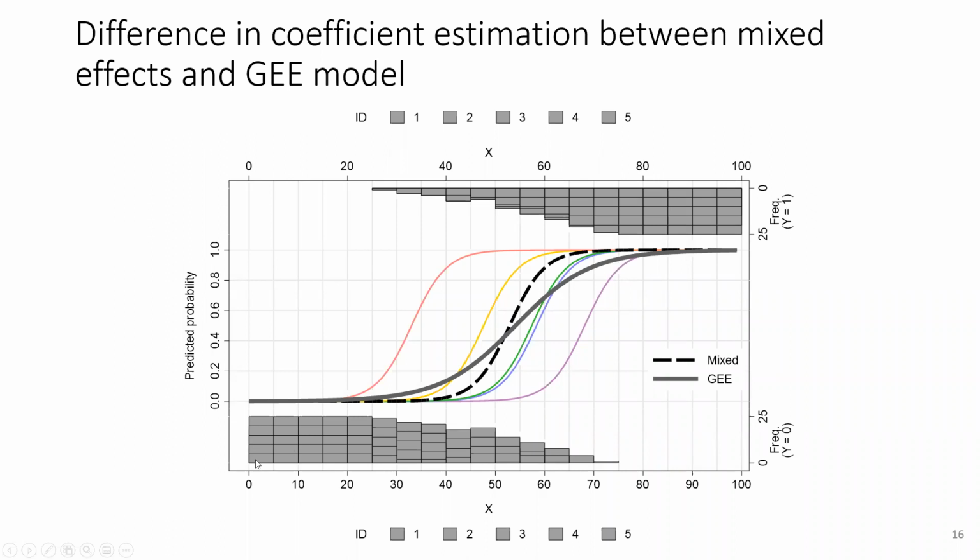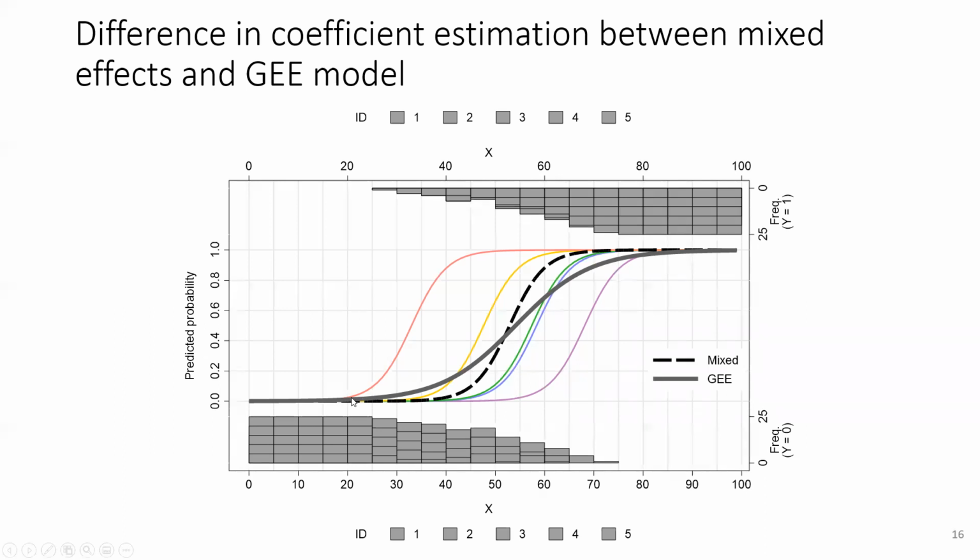Like here, up to 20 or 25 we have all records with Y equals 0, and after 20, we started having records with Y equal to 1. And then after 75, we have only records with Y equal to 1. And when we fit GEE, this gray line is